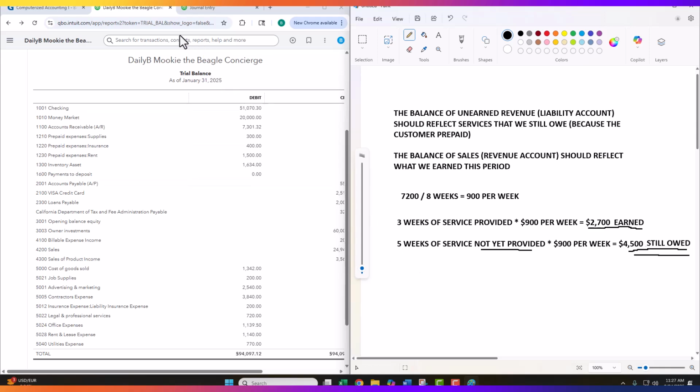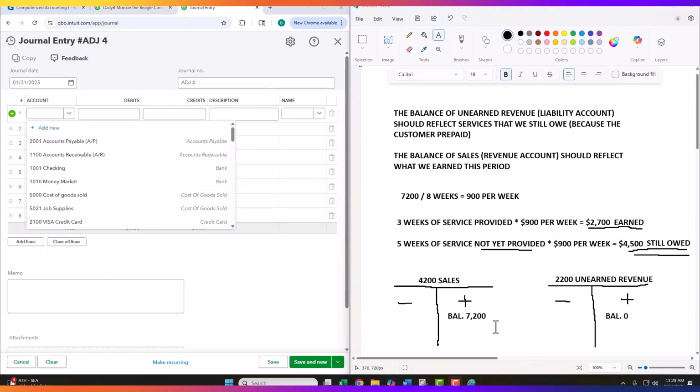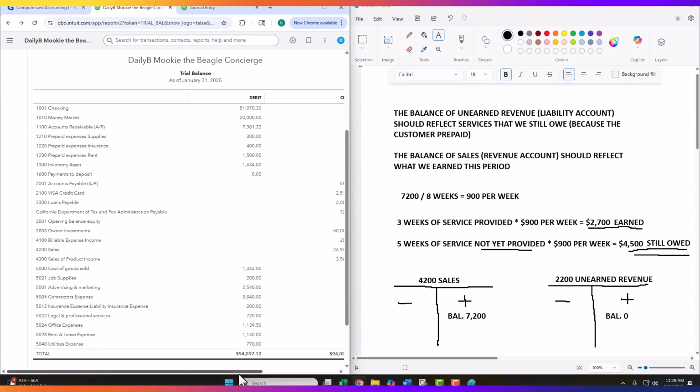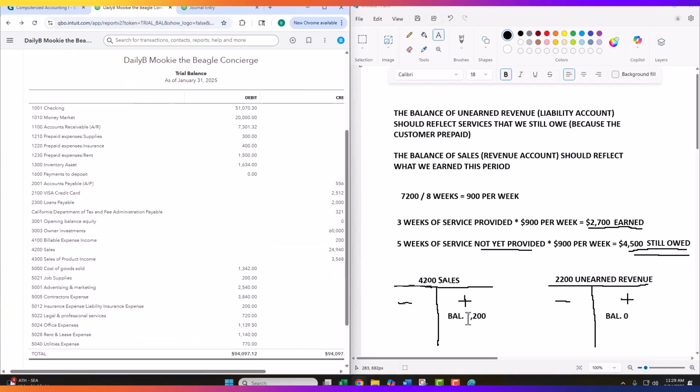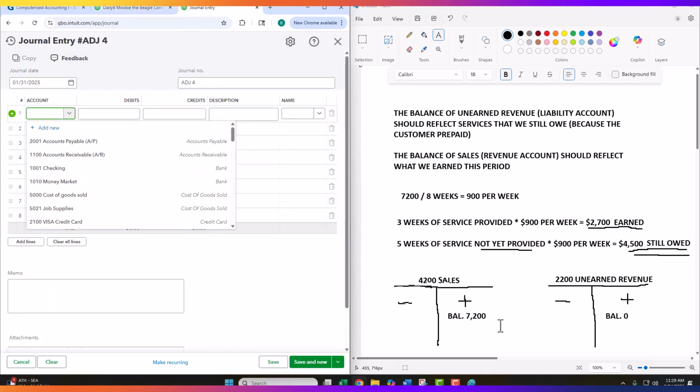So now we'll look at some T accounts. So per the textbook, the company originally handled the receipt of payment from Carlos Hafra as posting it to the 4,200 sales account as if it had been earned. And then it did not use the 2,200 unearned revenue liability account. So with respect to this transaction, it has a balance of zero. Now the 4,200 sales, if we looked at the unadjusted balance of it, it's more than that because it includes other transactions. So I'm ignoring that balance and just focusing on how this transaction affected that account